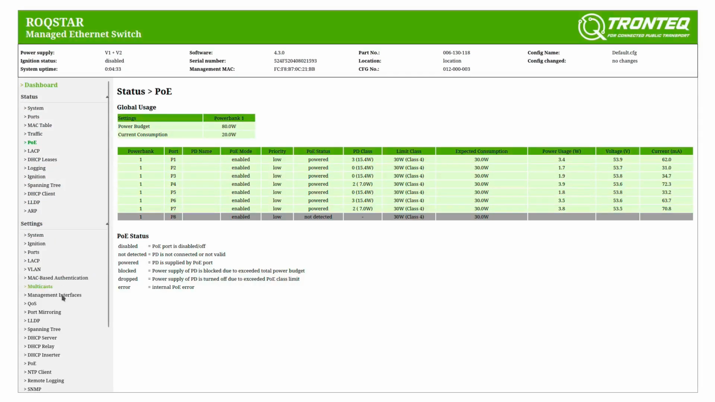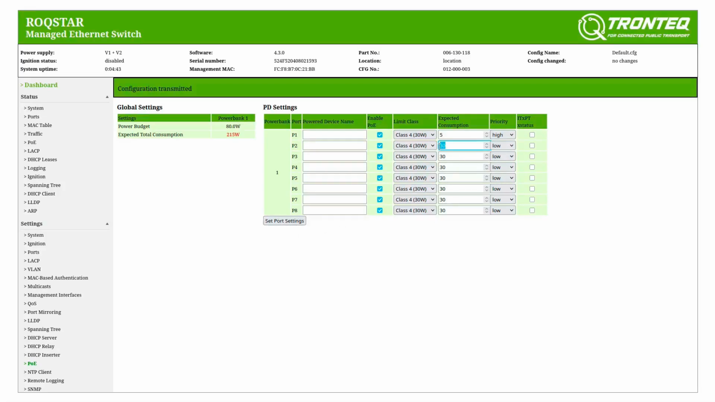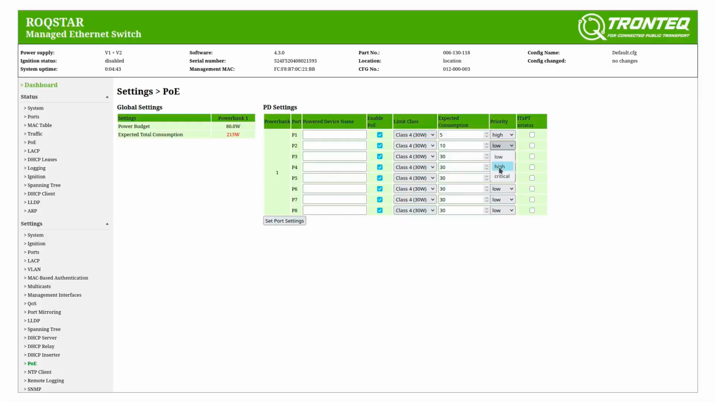For example, if you know that the maximum power draw of a device is 5 watts, you can enter this here. That way you can make sure that devices which are working correctly will continue to be supplied even if another one